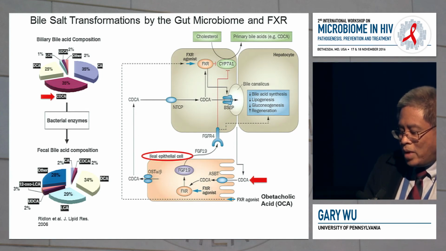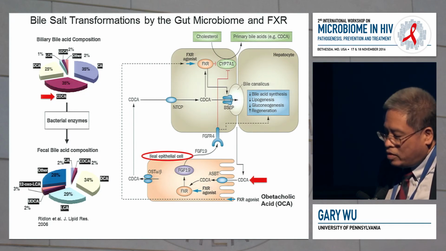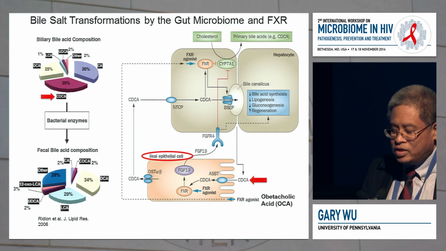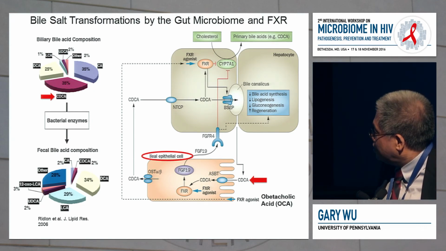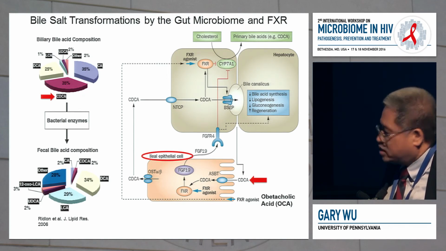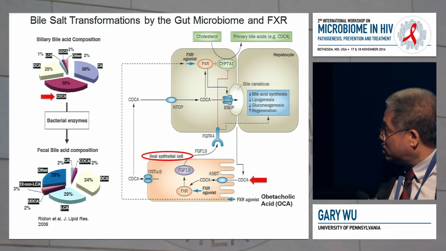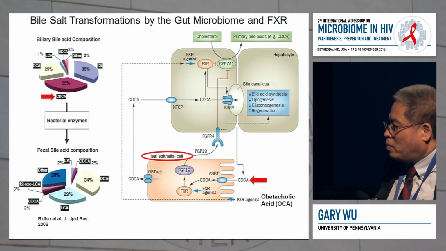So thinking about FXR, it is a nuclear hormone receptor found in many different tissues, but at very high levels in the intestinal epithelium and the terminal ileum, the same cells in which enterohepatic circulation actually occurs. The natural ligand for FXR, the most potent ligand, is chenodeoxycholic acid, the primary bile acid. The activation of FXR in the terminal ileum leads to the production of a soluble mediator called fibroblast growth factor 19. FGF19 flows to the liver, where it then inhibits bile acid production.